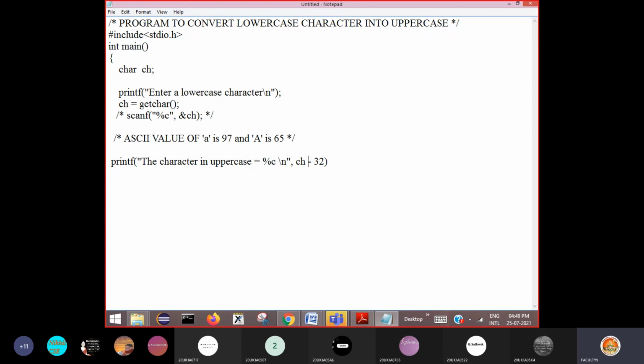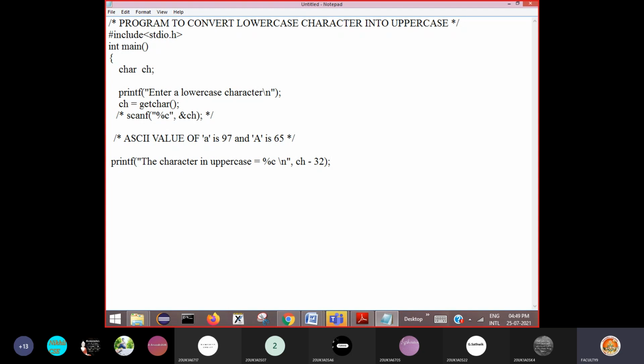See here, ch is a character type and 32 is an integer type. But we said that every character is internally stored as an integer number, which is nothing but its ASCII value. So integer minus integer you can do. That's why this type of operation is allowed in C language.